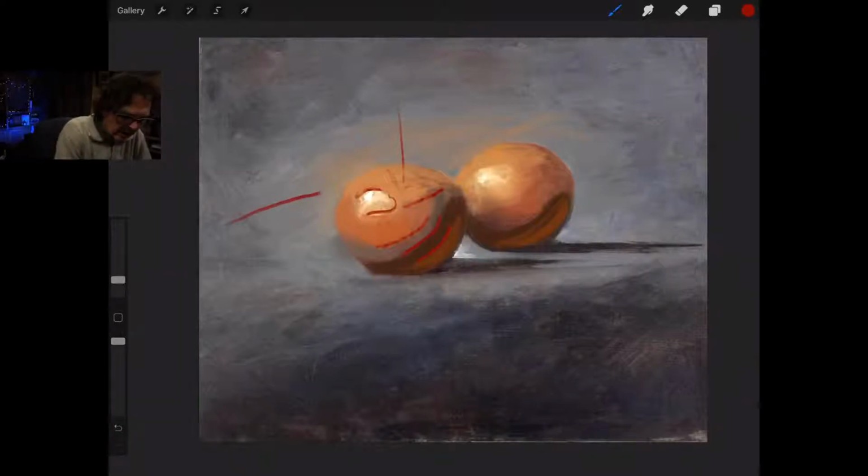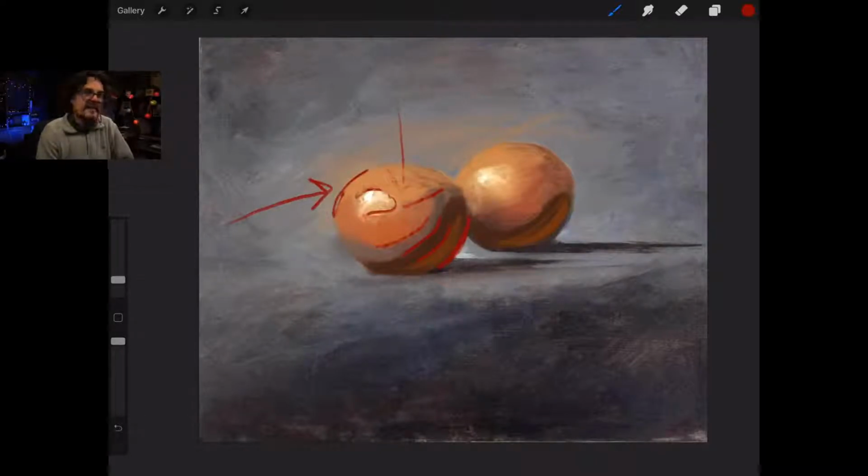We want to save hard edges for starts and stops. So everything internally, unless it's another form on top of a form like a nose, but a single form that's round, a sphere, is going to have all soft edges in here. Okay, and that will make a big difference.